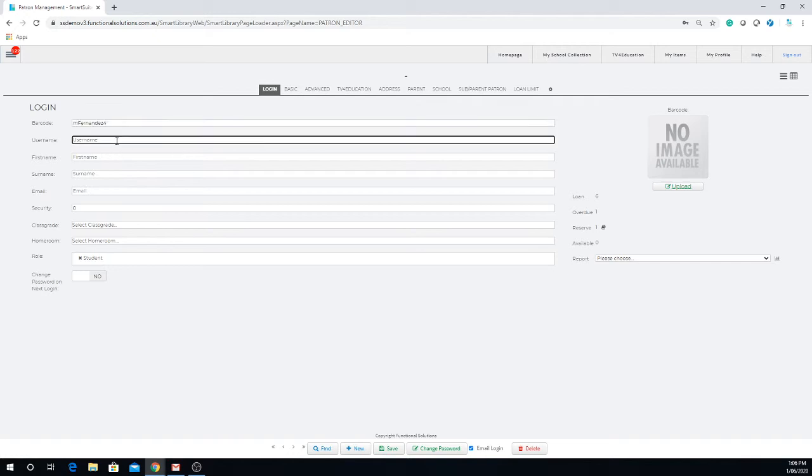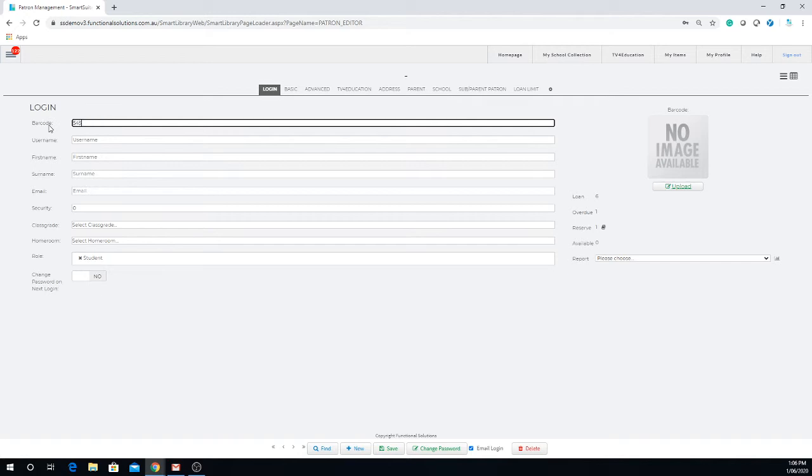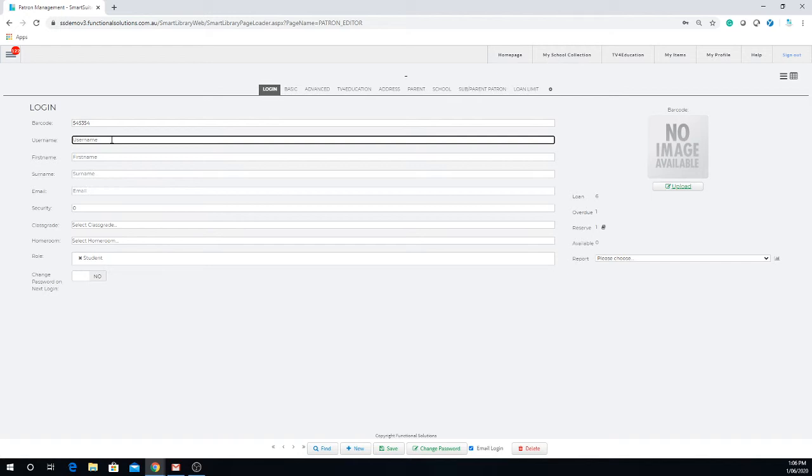The next one is the username. Not important, you don't have to put him in. But if you want him to log in from outside of the school, so when he's at home, when he's on the bus, when he's traveling to do work, and if you've given him the school admin number, you can also give him a username. And that username can be something like MICHAEL, full stop, first name, full stop, surname,